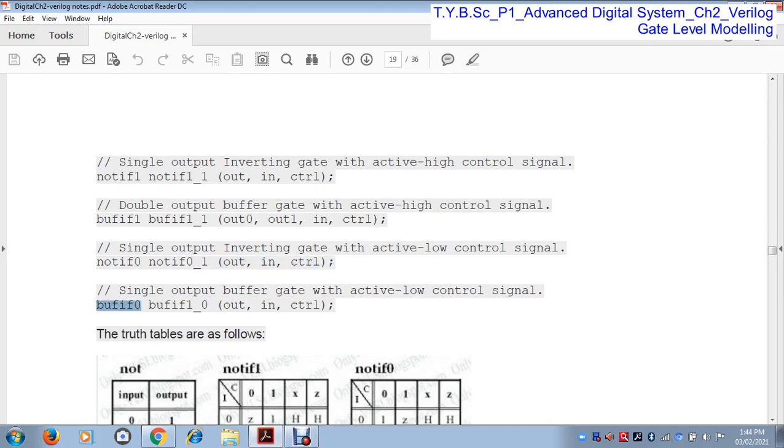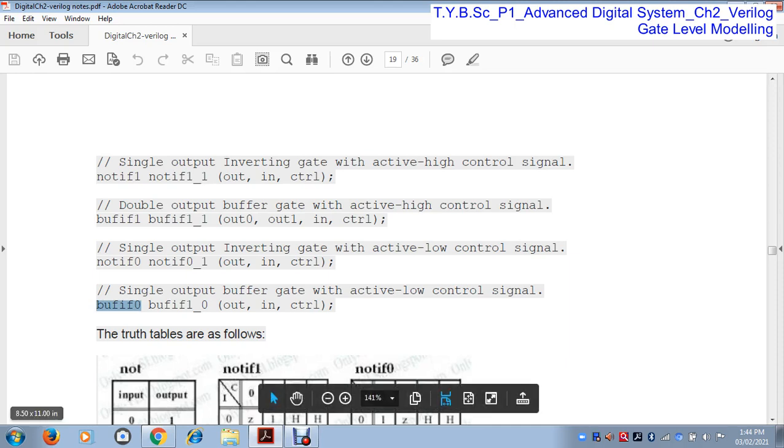This keyword indicates which type of gate we use, and this is the name of the gate, with output, input, and control signal.